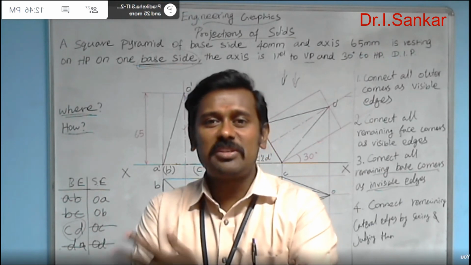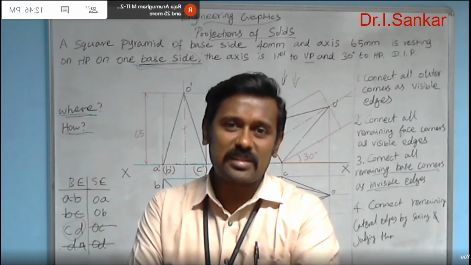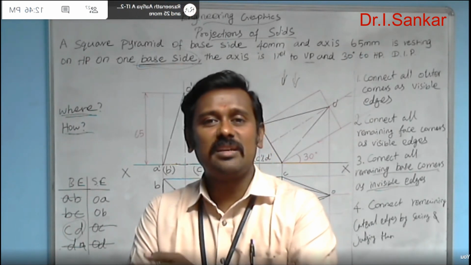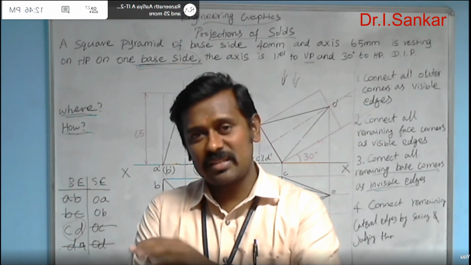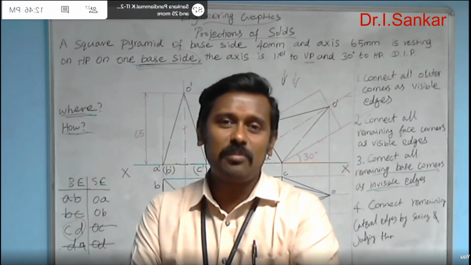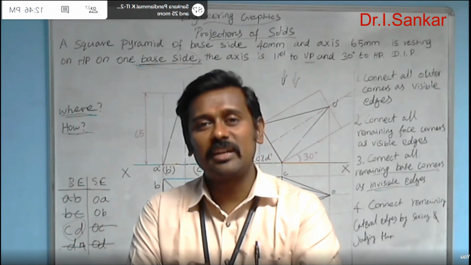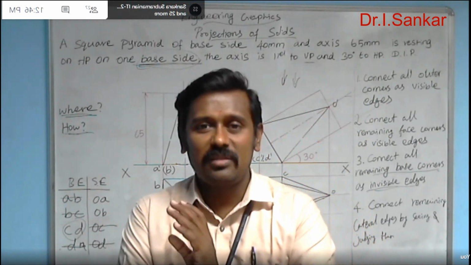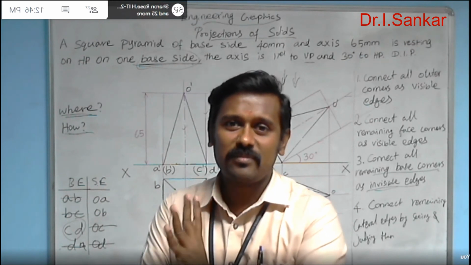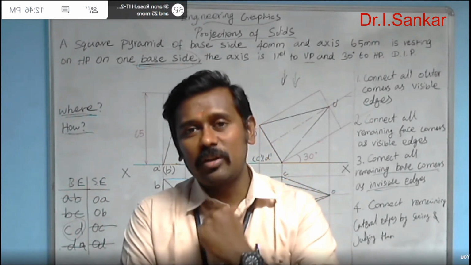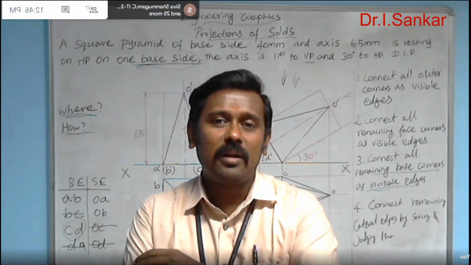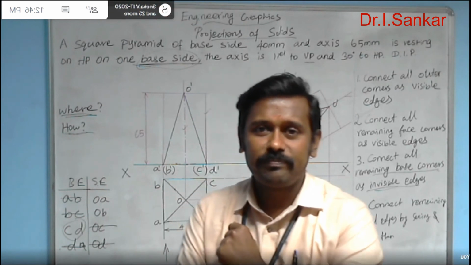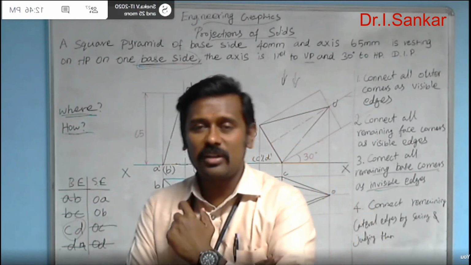The solid may be changed from problem to problem. The resting condition may be changed: axis rest, base side resting, base corner resting, or side face resting. The solid may be changed: square prism, pentagonal prism, hexagonal prism, and square pyramid, whatever it may be. The procedure for solving it remains the same as the first question. Okay, we are going to see a lot of problems in that chapter, and we can have a concrete idea at the end about the change of question method. Now if you have any doubt in that context, you can ask.